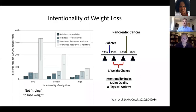The question is, how do you quantify that? How do you, aside from being there and saying, did you or didn't you, make some sort of quantification of this? And so Chen Yan, who led this project, noted that if you can measure change in weight in that time period before diagnosis, you should also be able to get at this question using data that we receive from individuals,